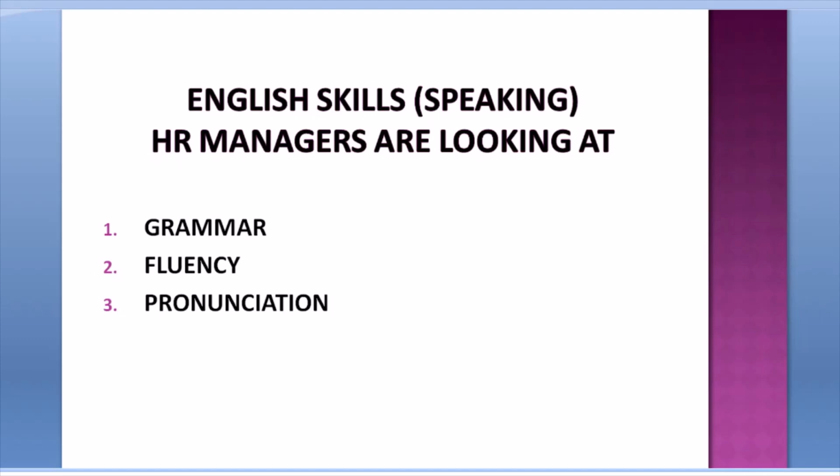Well, this is the list that the hiring manager is looking at kasi maraming mga owners ng company na hindi din naman magaling mag-speak ng English. So, paano nila mag-gauge yung grammar level mo? But mind you, especially sa mga Korean companies, kahit they can't speak English fluently, ang gagaling ng mga yan sa grammar. No? They can detect your grammar flaws, kaya speak slowly but not too slow naman so you can minimize your mistakes. The second one is your fluency.